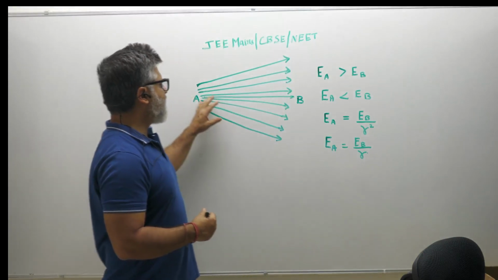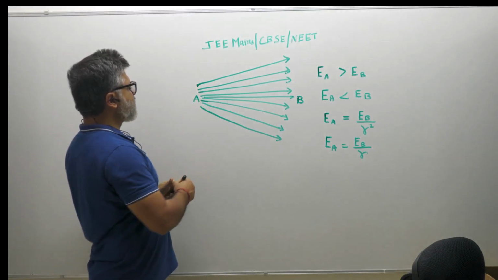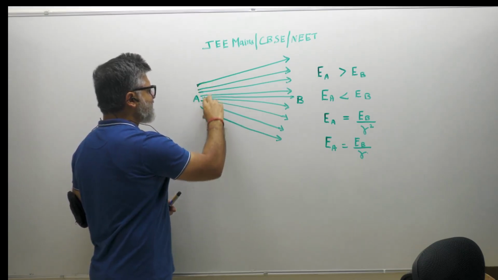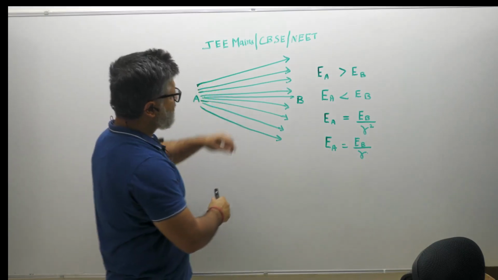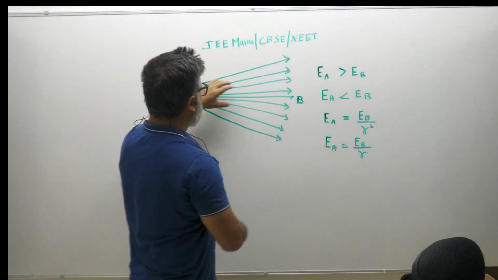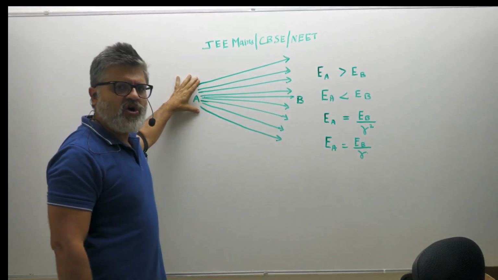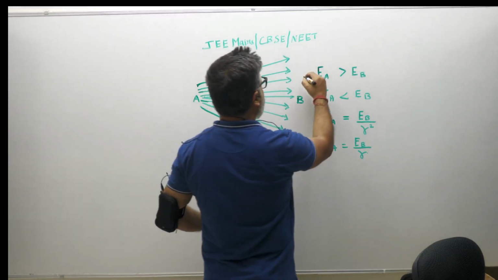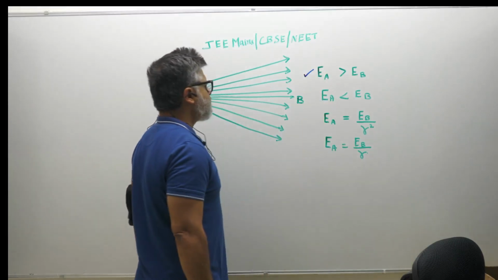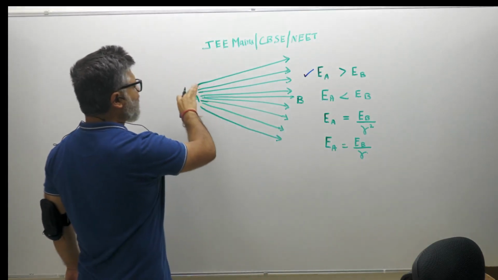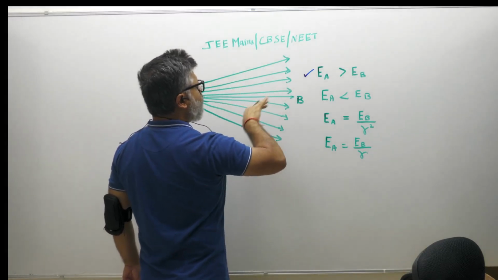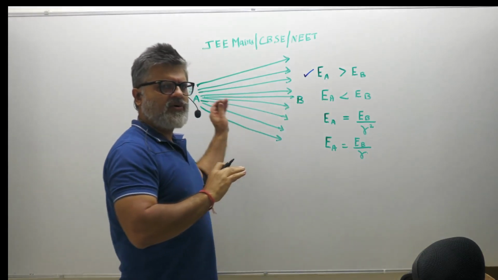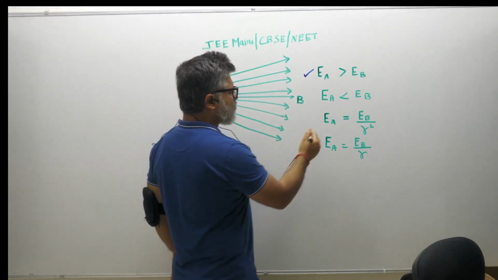So if you notice the area which is dense, where you have a lot of electric field lines in this particular area as compared to this, this is the area of a stronger electric field. So the choice number A anyway is correct. Before I talk about what direction the field lines are moving in, let's talk about this choice.